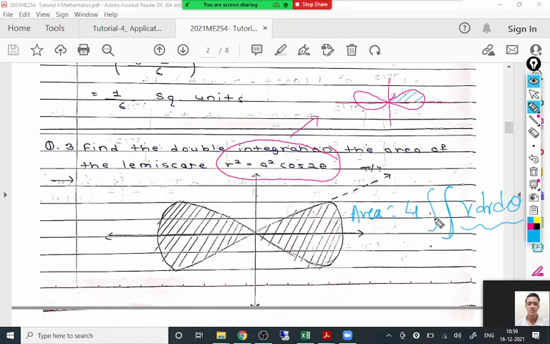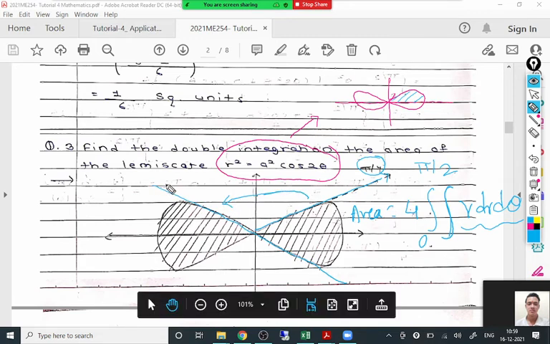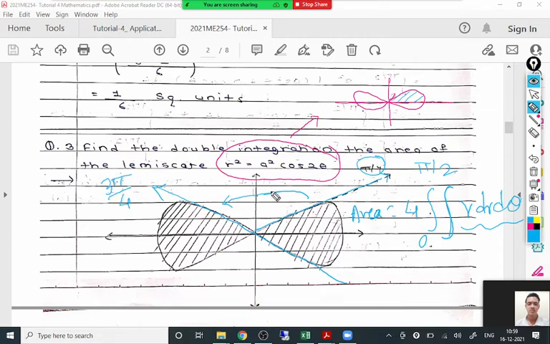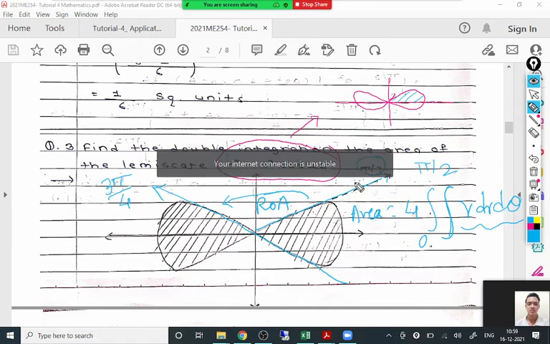Our aim is to get the limits of r and theta. For this curve, you should remember the limits because some students by mistake write the outer limits as 0 to pi by 2. But 0 to pi by 2 is not a correct limit because the curve doesn't exist above pi by 4. This point is pi by 4, and from pi by 4 to 3 pi by 4, r becomes imaginary, r becomes negative. When r is imaginary or negative, it is considered a region of absence. The curve does not exist after pi by 4.